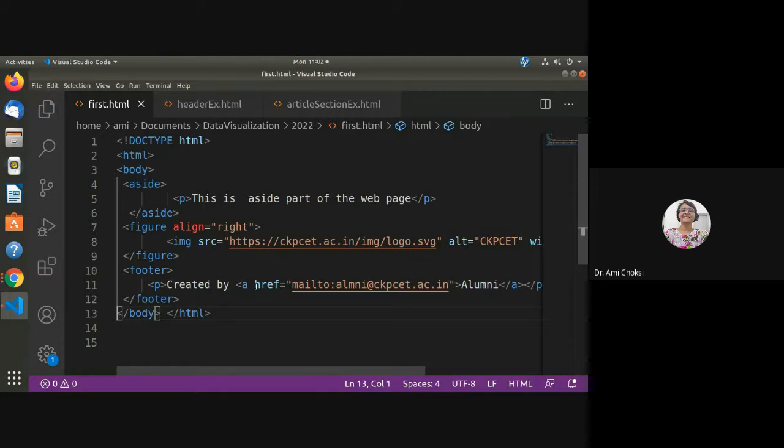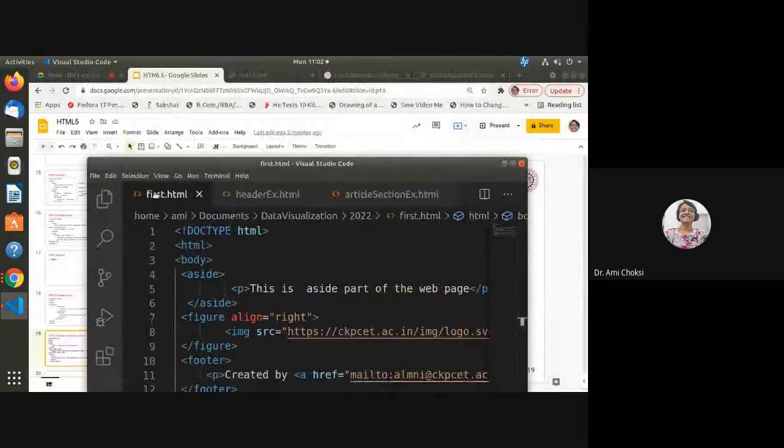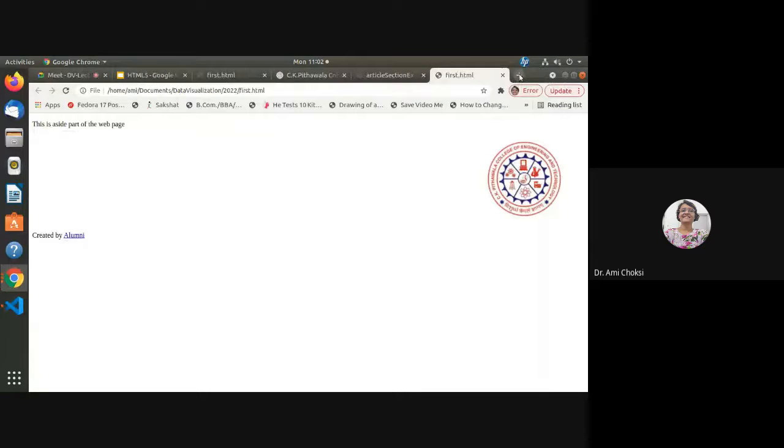Fine. Now the same code I have put here. Alt is CKBCET, that I have also changed here. Let us drag and drop it in the browser to see the output. Let's see, this is the aside part of the web page.